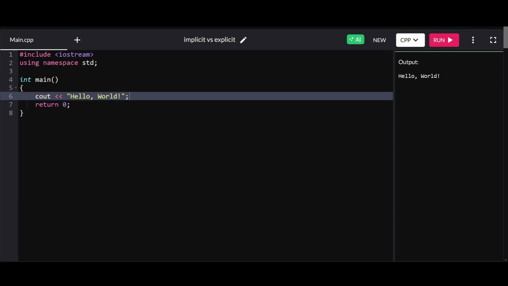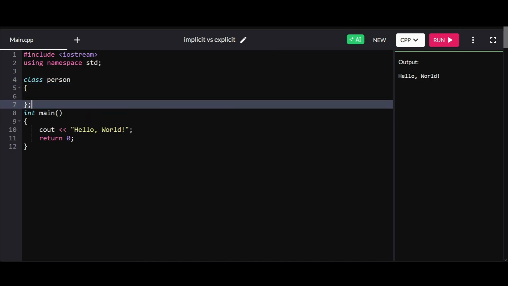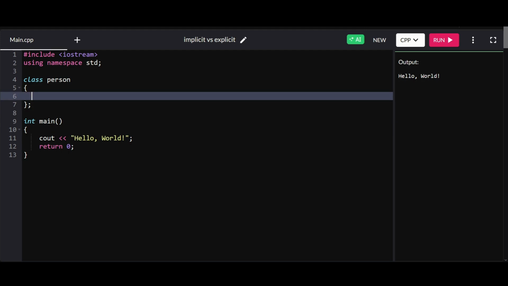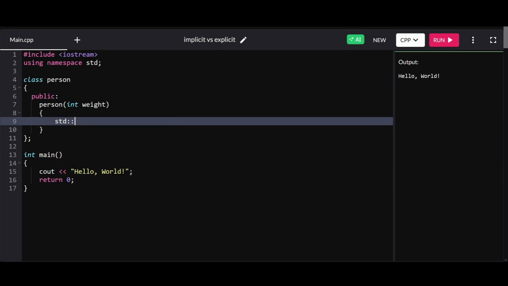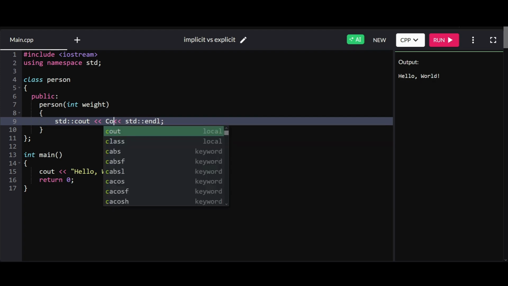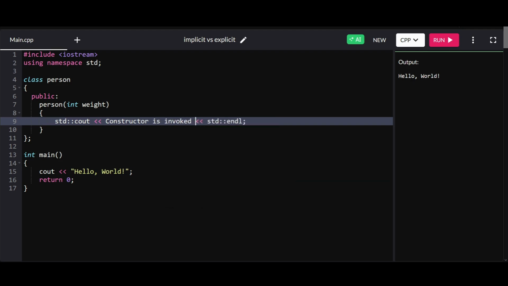Okay, so let's build a really simple example here. Let's say we have a class called person, and let's give this person a public constructor, right? Let's say person takes in weight, an int, and let's print out to output when this constructor is invoked. Let's say constructor is invoked,